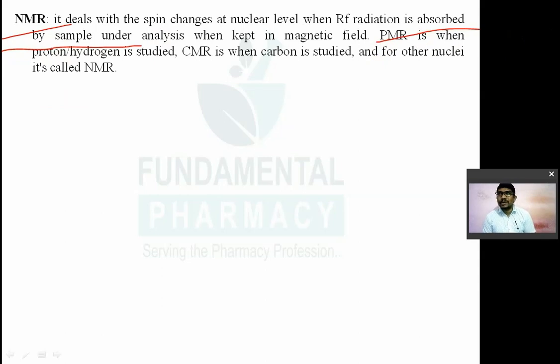Now each atom is composed of different parts. So we'll see that. First we'll see the definition. NMR deals with the spin changes at a nuclear level when radio frequency radiations are absorbed by the sample under analysis. When that sample is kept in the magnetic field, there will be some spin state of your atoms present in the compound. So when you keep your compound in a